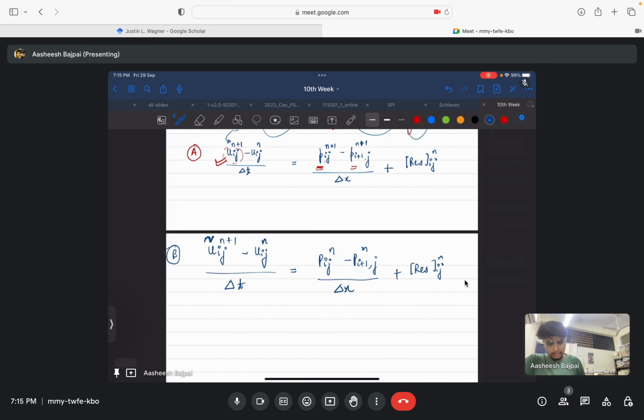Because this is the one which we require. This is the correct value, actually the correct value of velocity, and this is at the next time step, which we don't know. These values we don't know. I am just writing it in an equation. These are unknowns. But suppose at boundary conditions,